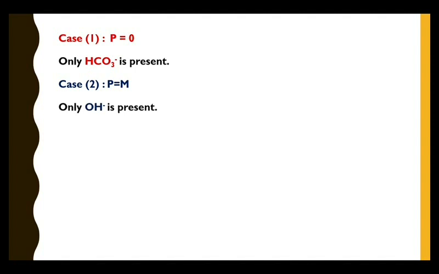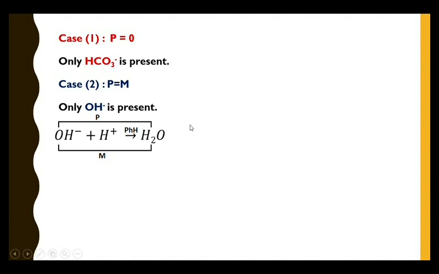I'll tell you why. You take one sample and divide it in half. You do the titration against one sample using phenolphthalein and note down the volume of acid consumed, and you do the titration against another sample using methyl orange indicator, and you compare the volume of acid consumed when you use methyl orange indicator and when you use phenolphthalein indicator. If it is exactly the same, this is only possible when the OH minus ion is present. Therefore, when P is equal to M, only OH minus ion is present, and the alkalinity due to this OH minus you can represent as either P or M.